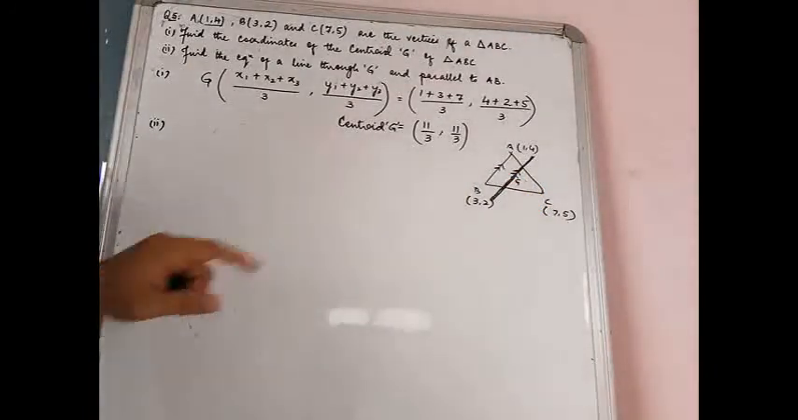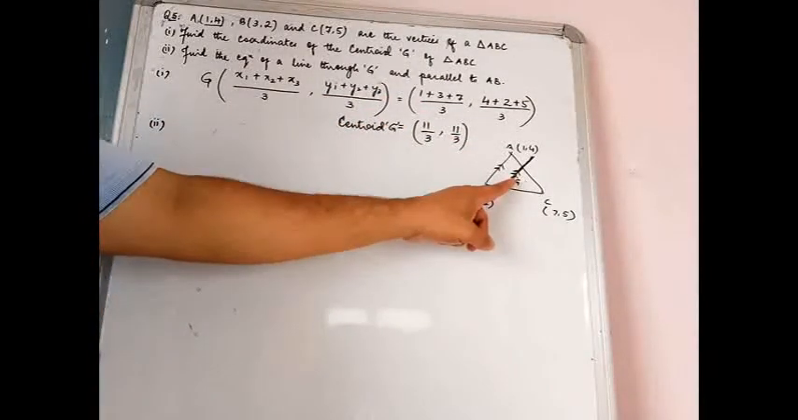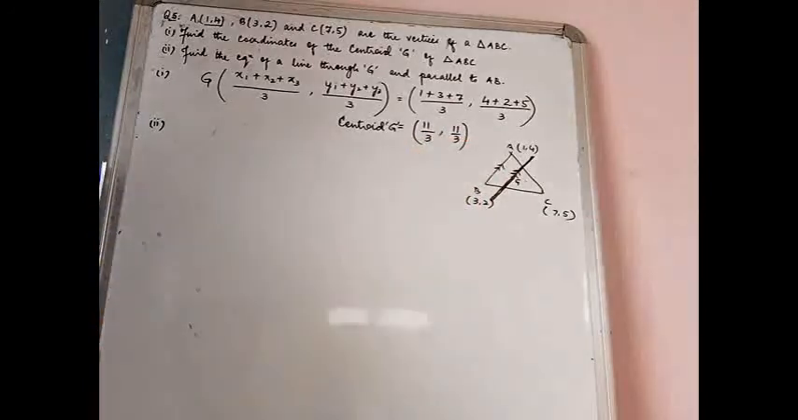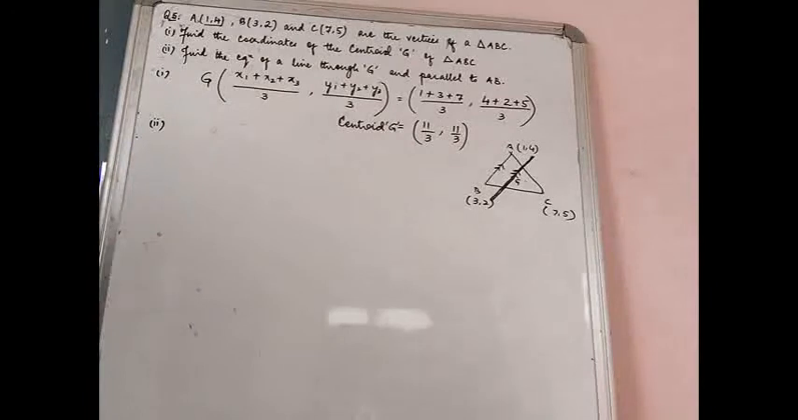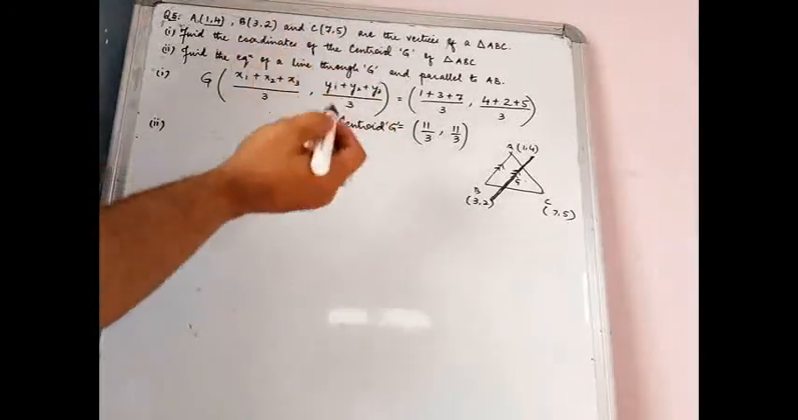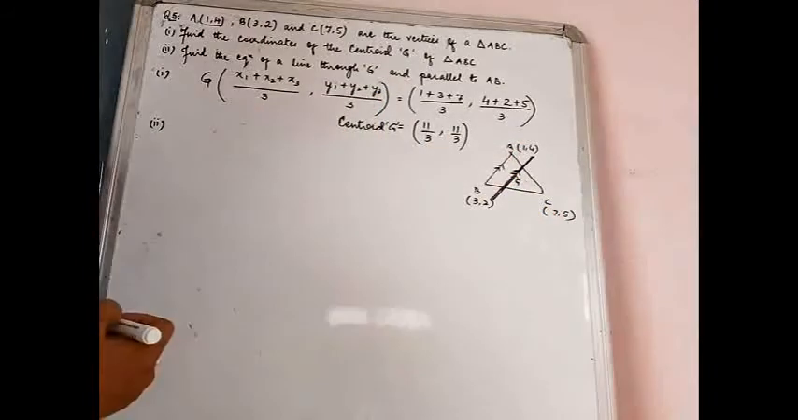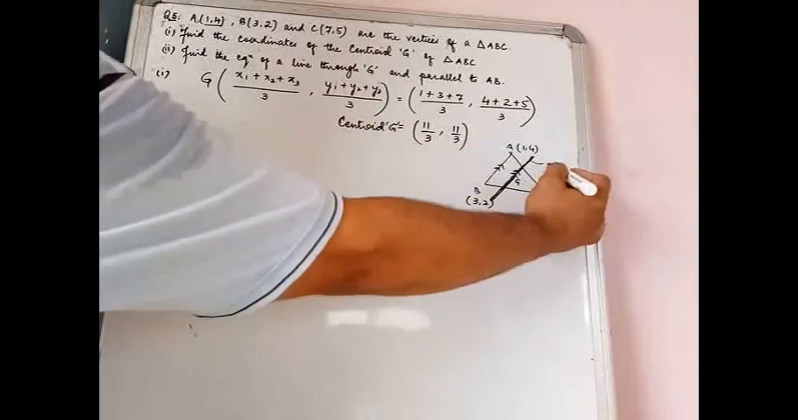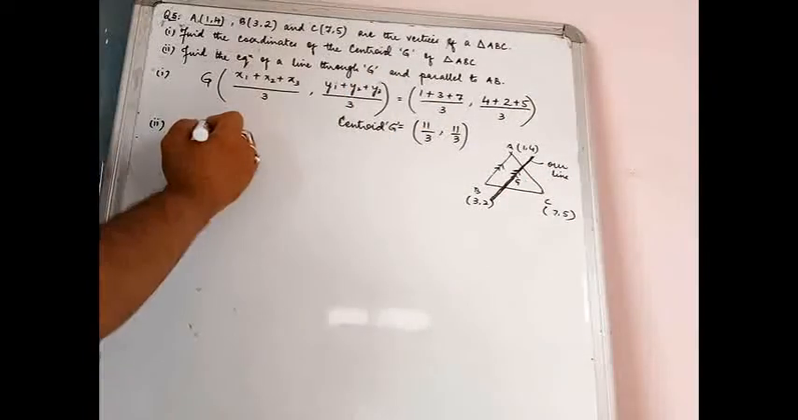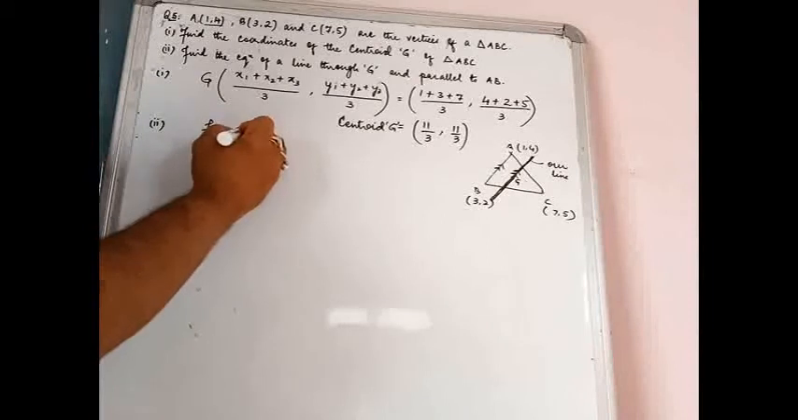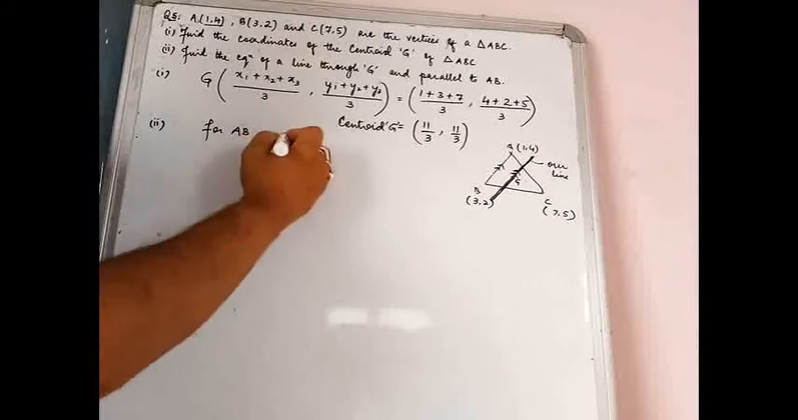The moment the word parallel comes, we immediately know that the slope of our line will be equal to the slope of the line AB, because for the parallelism case the slopes are equal. So let us find the slope of AB. Same will be the slope of our line. So where is our line? This is our line. So for AB, the slope will be